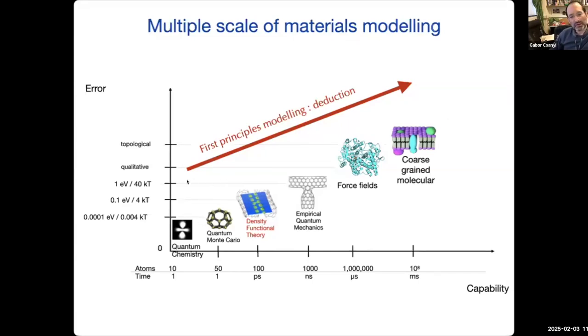And really, I want to reclaim this word. It's normally applied to electronic structure methods, but I think this idea is very general, and you should be able to go up all the way. And in particular, this step of leaving electrons behind and going to force fields has really not been done before ML potentials in a first principles manner. So what we want to do is this step, to build force fields